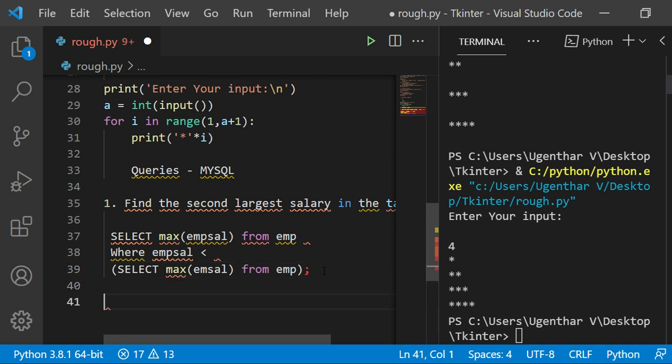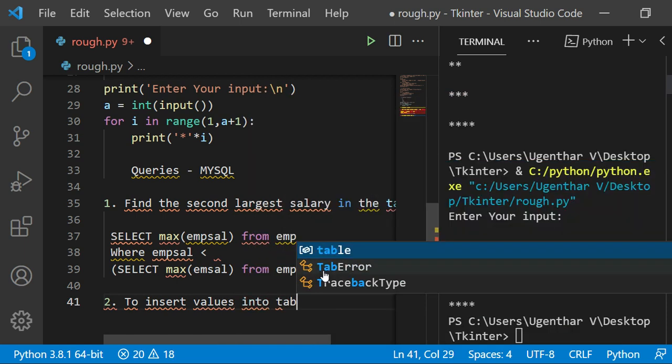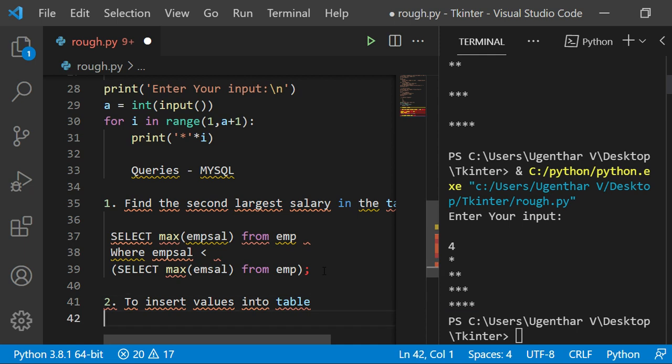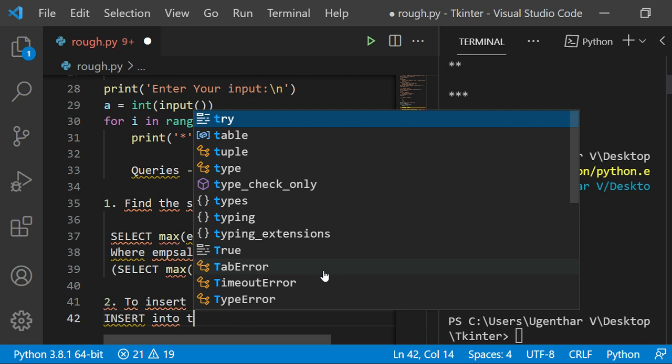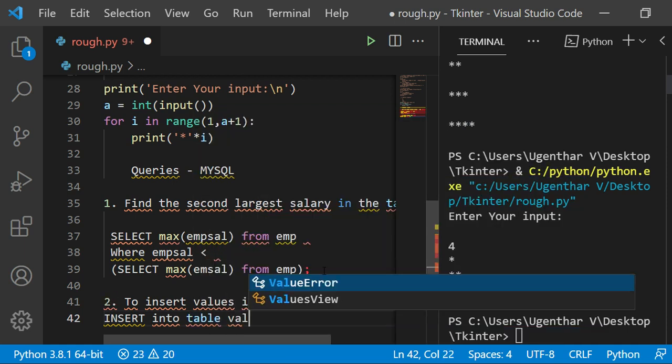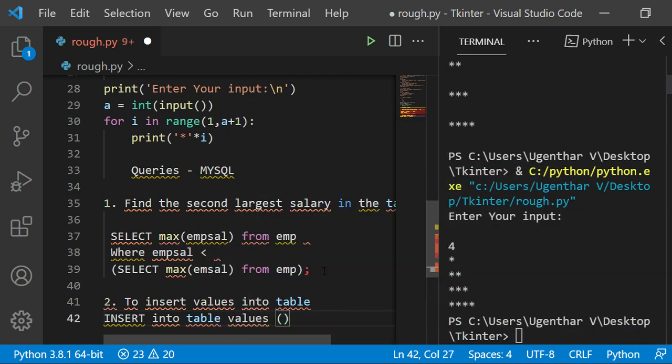Then she gave me a second question to insert values into a table. This can be done by insert. Insert is a DML command which can be used to insert values. Insert into table values, value 1, value 2, like this.